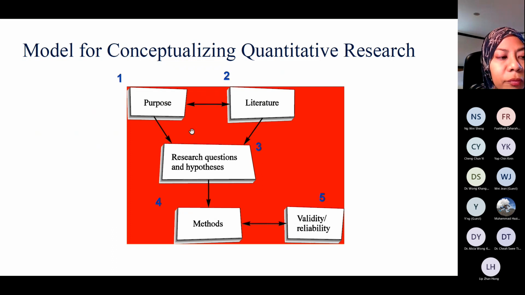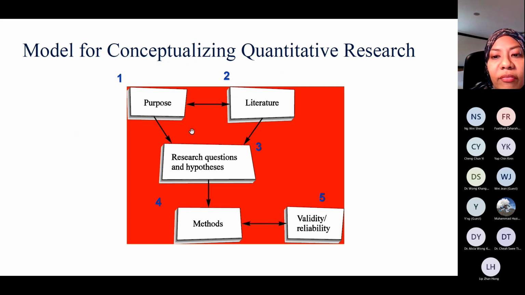For example, if we want to have a questionnaire survey, under questionnaire survey, it could be distributed randomly or selectively, or by group, or things like that. We will discuss that in further detail later on. So that's under methods. Methods in our research is normally in chapter 3, which is research methodology. Under this research methodology chapter, we discuss the methods that we use in our quantitative research.